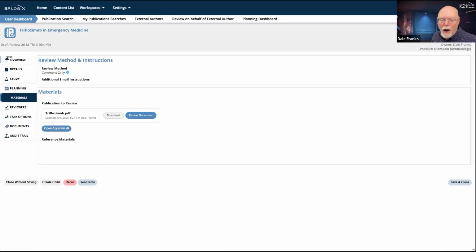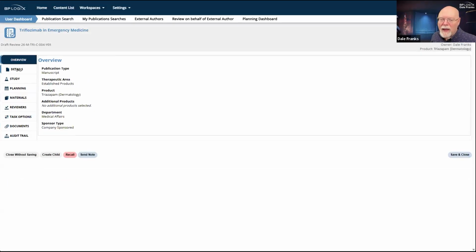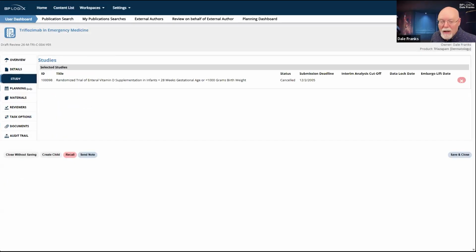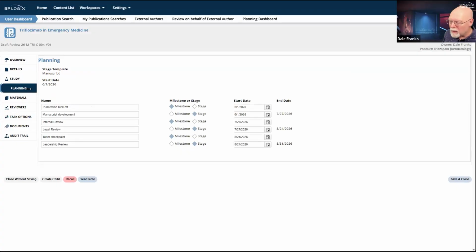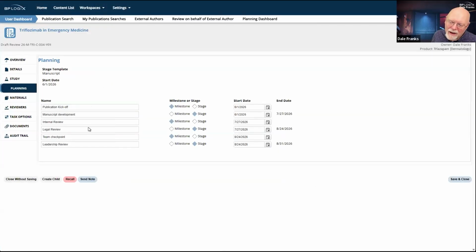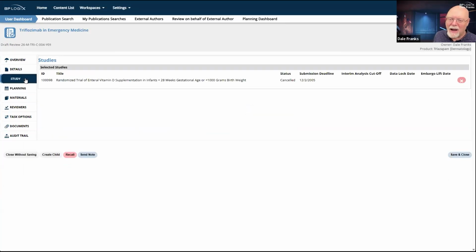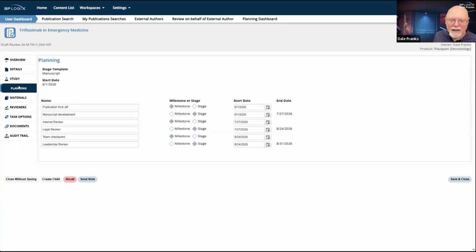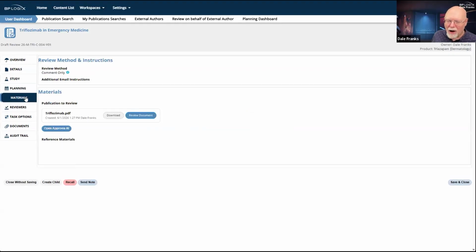This is what a form with a tabbed interface looks like. This is kind of becoming the way that we're doing all of our forms here at BP Logix. So this real simple form that I'm showing you here, whenever we get to complicated forms, and oh, by the way, this is a complicated form and it does a lot of stuff. It has many different tabs on it to make it work.